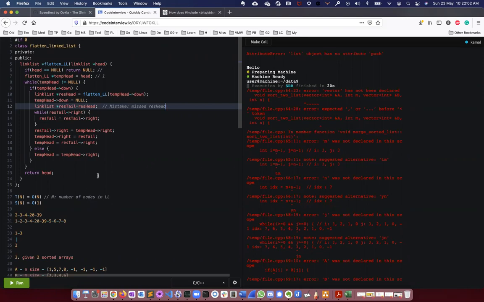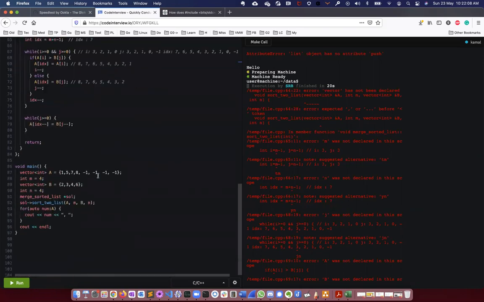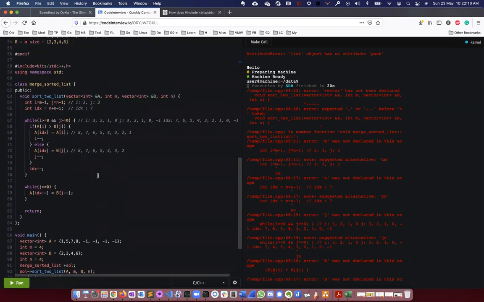You could have caught those in the dry run. But in the second problem, you caught the index problem in the dry run. Initially, you wrote i equal to m and j equal to n, but later when you did the dry run, you fixed it. So that was good. Overall, it was a good interview. Just two minor feedbacks on syntax and handling nulls and edge cases. Apart from that, it was good.